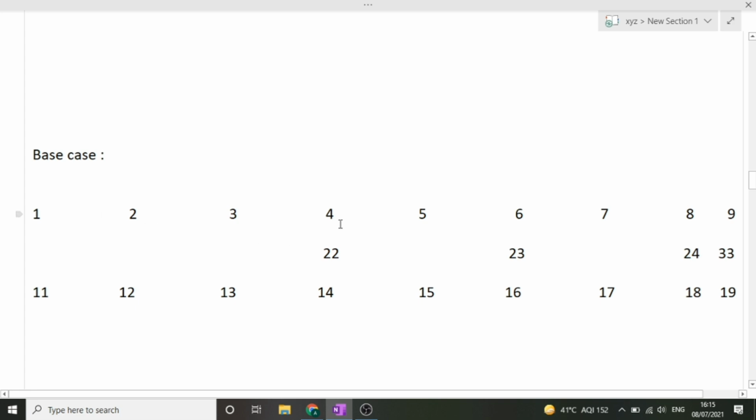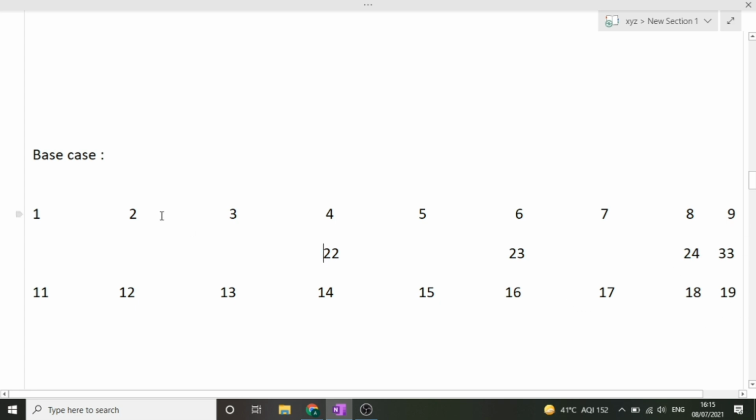See, when our input a value is 4, then our code will give us 22 as an output. But this output will be wrong, because the 2-digit b that can form 4 is 14, because 1 into 4 will give us 4. So 14 is less than 22. Similarly with the rest, all those a's whose value is less than 10, their corresponding smallest b values will be: for 1 it will be 11, 2 is 12, 3 is 13, similarly 6 is 16, 7 is 17, 8 is 18 and 9 is 19.